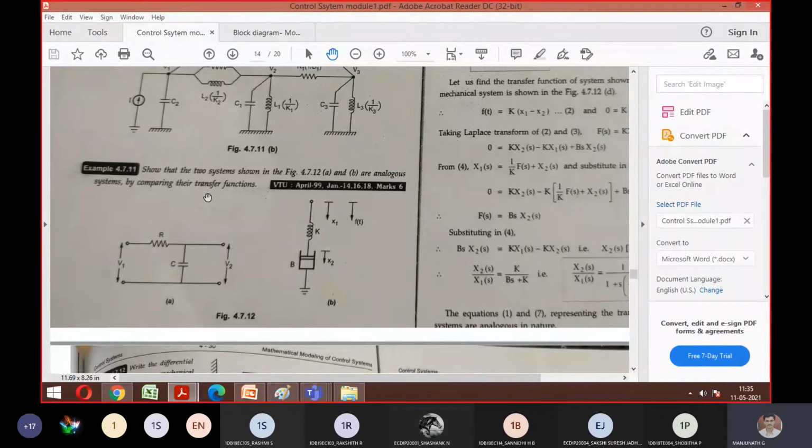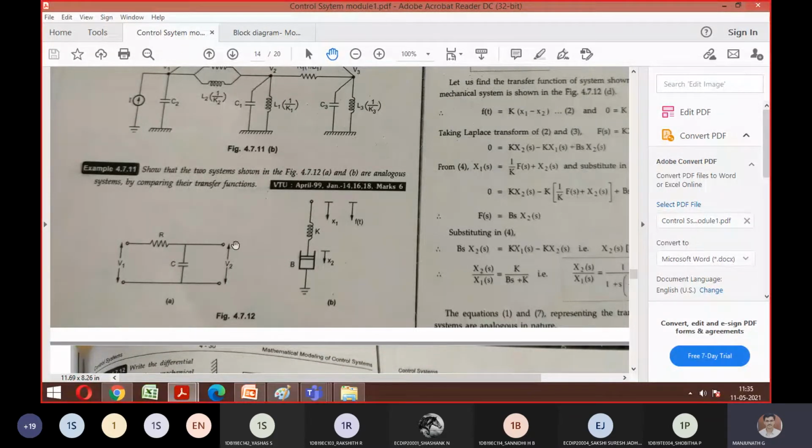What is a transfer function, guys? Output by input. Good. So output by input is what we are supposed to get as a transfer function. Look at that electrical network. I hope you have solved the transfer function for that type of question. Is it so? Yes, sir. So now what you get there, the same thing I should get for this also. This is the complete question, along with these two diagrams. So what is the next step you are supposed to do?